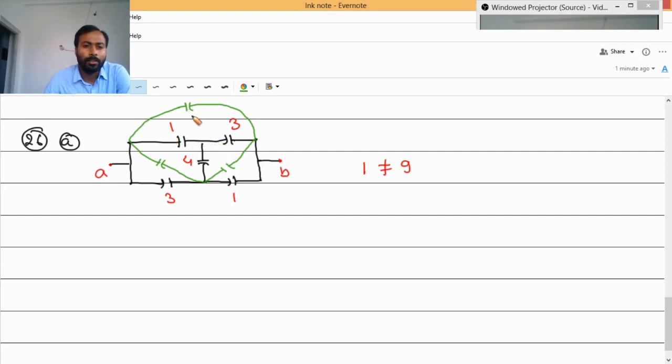Now how to decide these parameters, these 1, 2 and 3? It is very simple. We take 1 into 3, which is just 3, and after that we add all the parameters of the T network, that is 1 plus 3 plus 4, so it is just 8. So this parameter will be exactly 3 upon 8. Similarly, it will be 3 into 4, so 12, upon the sum of all the T parameters, 8 only, so it is 12 upon 8.